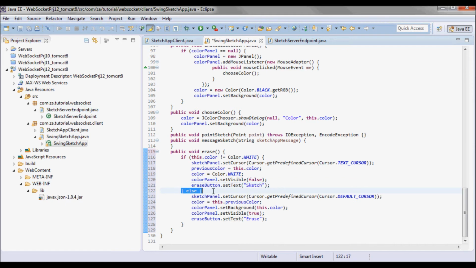Otherwise, if we are in erase mode and we need to go into sketch mode, we'll do sketchPanel.setCursor, Cursor.getPredefinedCursor, and that would be the default cursor. And same thing, so color is this.previousColor, and colorPanel.setBackground this color, and set the visibility to be true on the color panel, and set the text on the erase button to be erase.